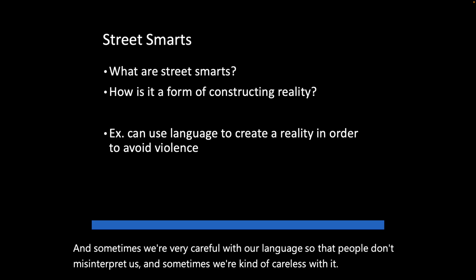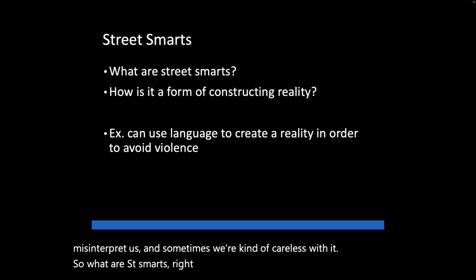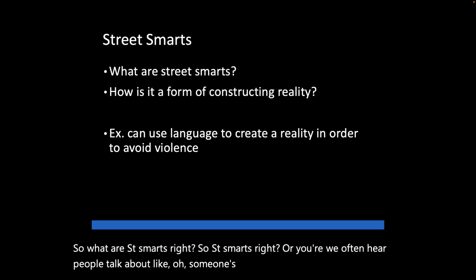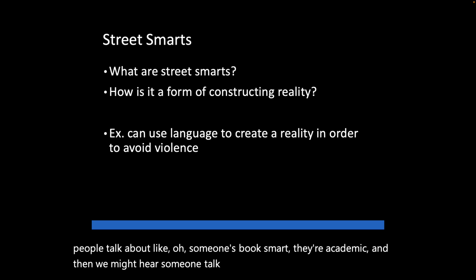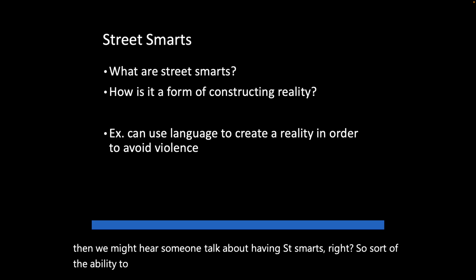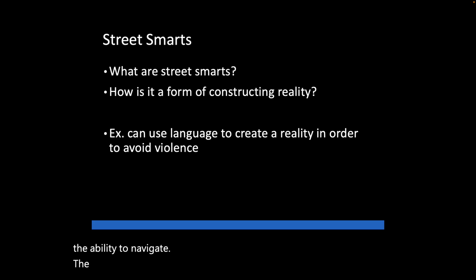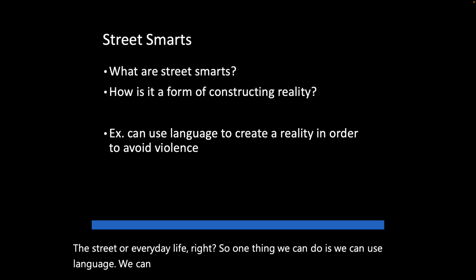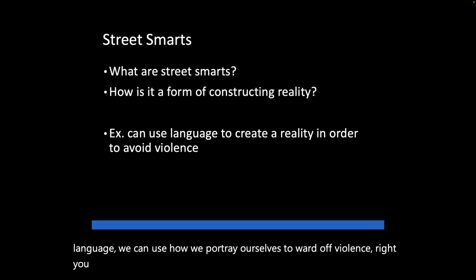So what are street smarts, right? We often hear people talk about someone being book smart, they're academic, and then we might hear someone talk about having street smarts, right? So sort of the ability to navigate the street or everyday life, right? So one thing we can do is we can use language, we can use how we portray ourselves to ward off violence, right? You can project an aura or an attitude or a vibe that sort of tells people not